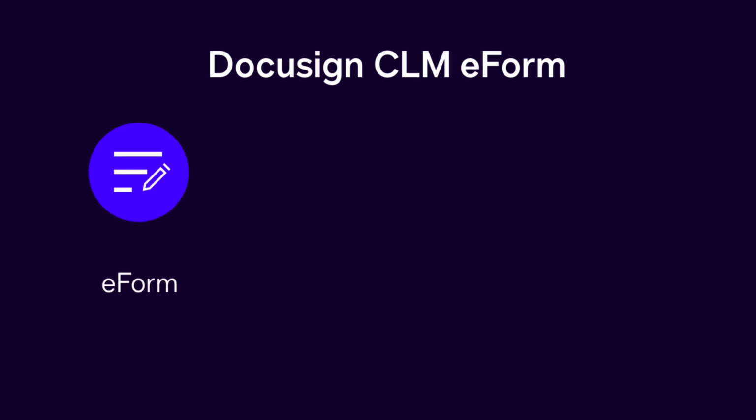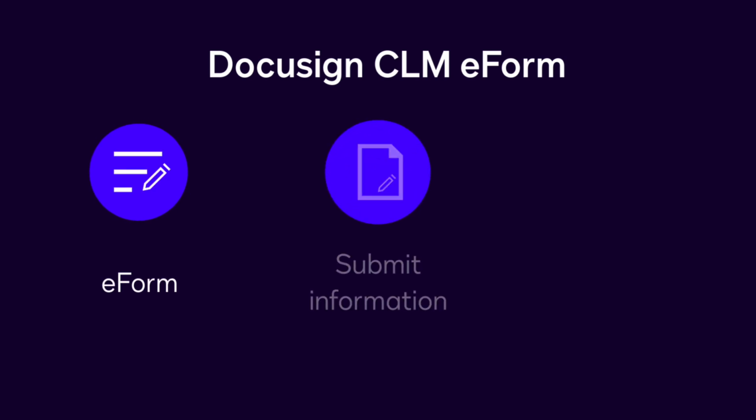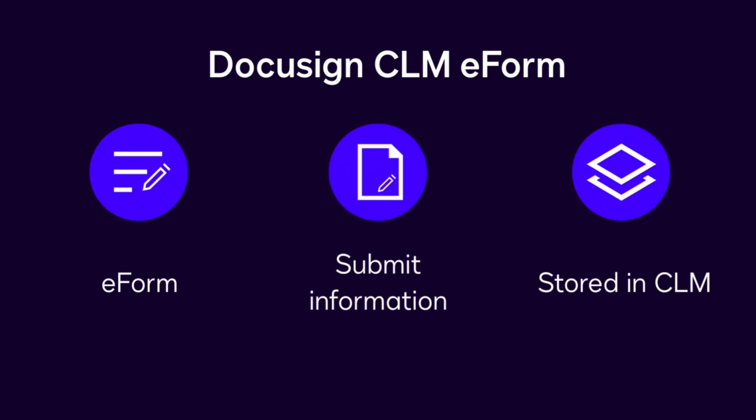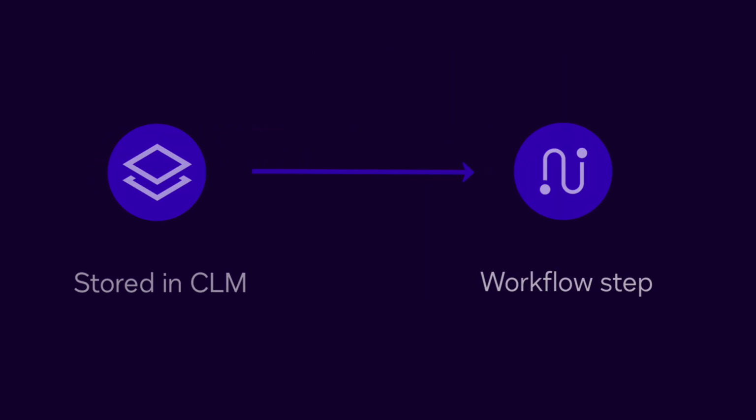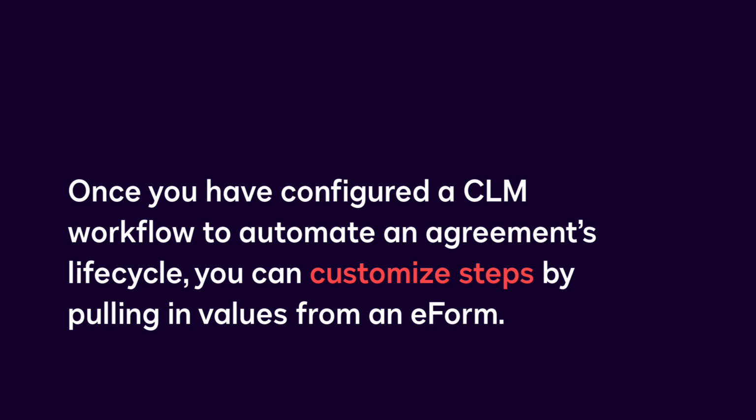An e-form is created and configured to allow a user to submit information that will be stored in DocuSign CLM. This stored information can be used to customize a workflow step. Once you have configured a CLM workflow to automate an agreement's lifecycle, you can customize steps by pulling in values